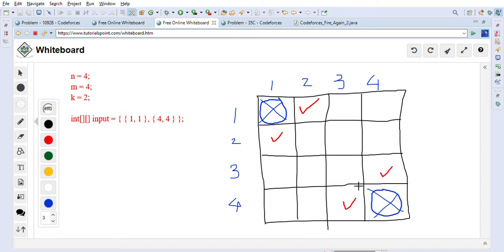Now in the next minute, these two trees will burn their adjacent trees. For example, this tree will burn this tree as well as this tree. And this tree is already burning, so it will burn this tree. Similarly, if you consider this tree which is burning, it will burn this tree and this tree. And this tree is already burning, and it will burn this adjacent tree. So like this the fire is growing every minute.